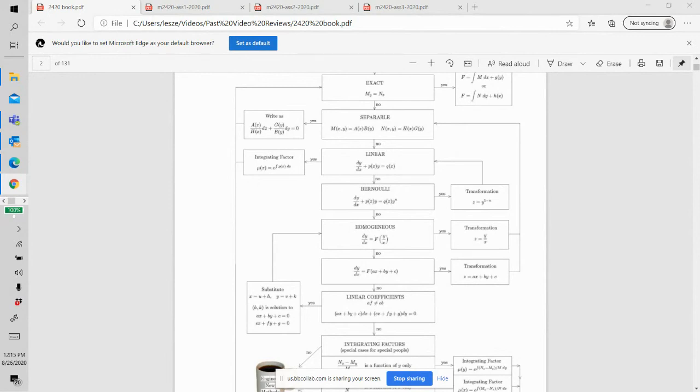Okay, so Boyce and DiPrima. Okay, great. So it's the same book. But